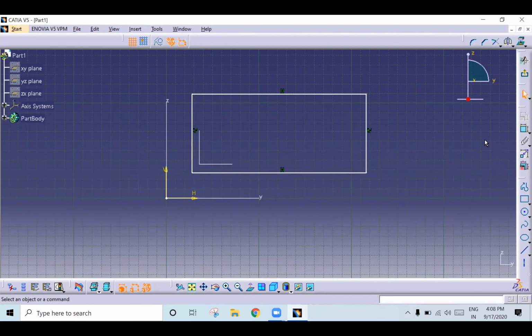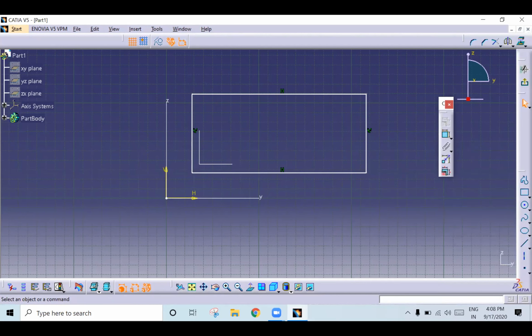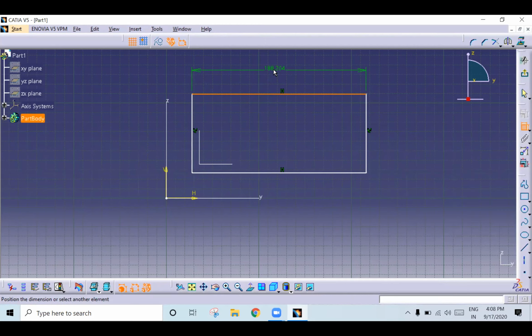So if you want to give the length of this, here you have constraint definition. See here, this is the constraint. If you won't find this, right click here, you will get constraint. See here, you just place it here. So select it, okay, then select the line, it will give the length. See here, okay.